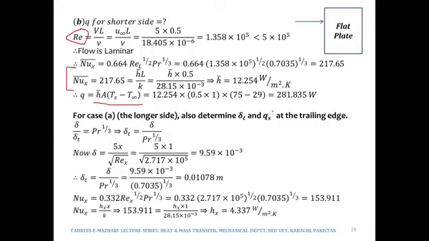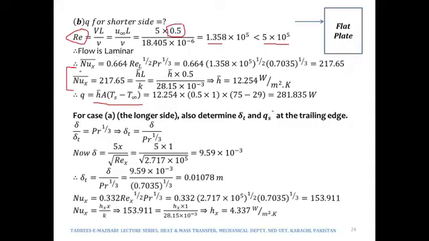the Reynolds number. By putting in the values, now the length would not be a meter, rather it would be half a meter. The rest of the things would remain the same. So we get the Reynolds number as 1.3 exponent 5, which is less than the critical value of the Reynolds number over a flat plate. Kindly remember that 5 exponent 5 is the critical Reynolds number when the flow is taking place over a flat plate. So the flow would be considered as laminar,